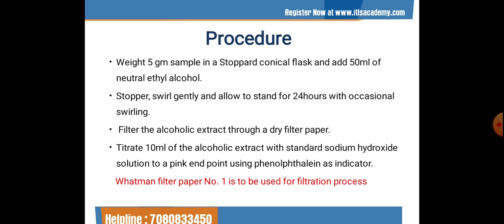Now let's start with the procedure. As I told you, we are here to determine the alcoholic acidity of wheat flour, and I'll be determining it by titration method. So let me tell you what a titration is. Titration is a quantitative chemical analysis. It is used to determine an unknown concentration of a known substance in a sample. The basic principle of the titration is